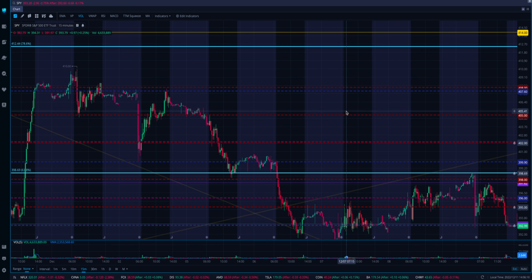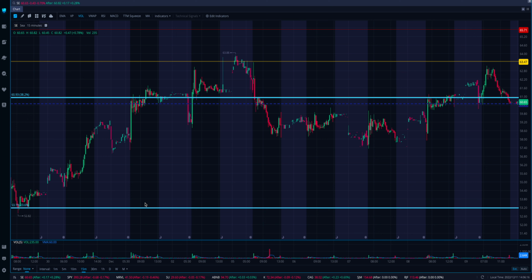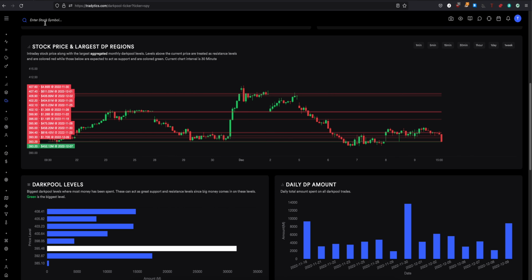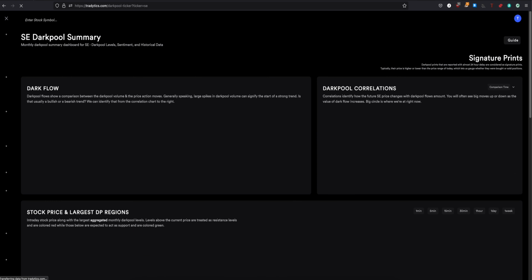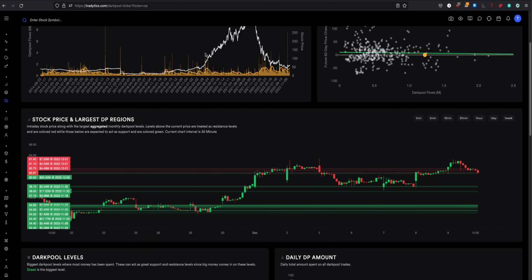Let's look at an example of an individual ticker, like a non-ETF. I traded this stock on Friday. It was one of my top watches. I posted on Twitter about it. And we'll pull it up on the dark pool page on TradyTix. And we'll scroll down to the dark pool area here. And again, we can see where these gaps in the dark pool are and how the price moves pretty well within them, and then things get really tight when you get into these levels where there's lots of